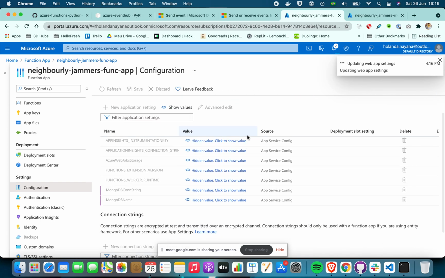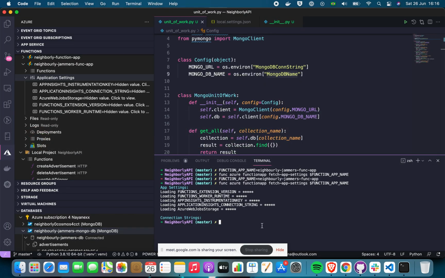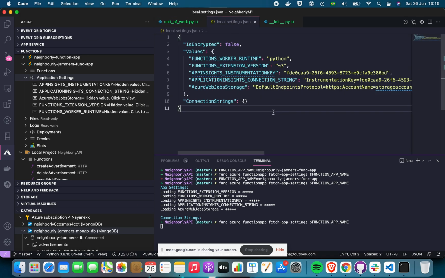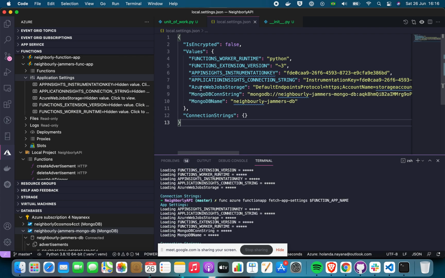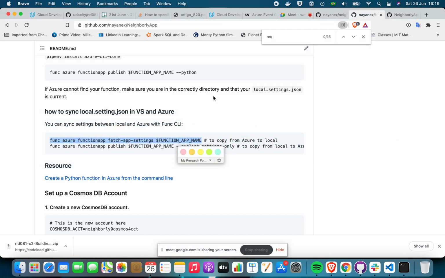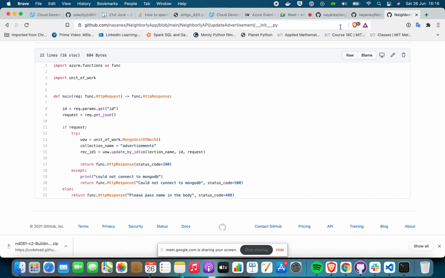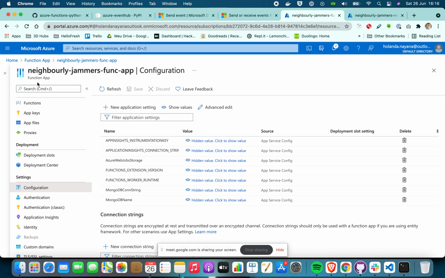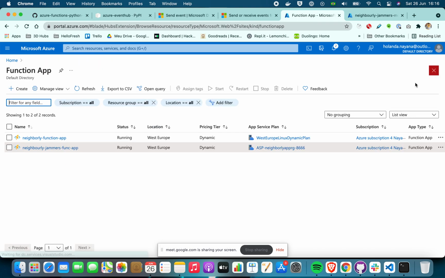Okay. Okay, it seems to be right. Let's do it again. Let's look at our local settings. Okay, now we have MongoDB connection string, and we also have MongoDB name, which I hope is right. But just to make our conscience clear, maybe we can find it somewhere